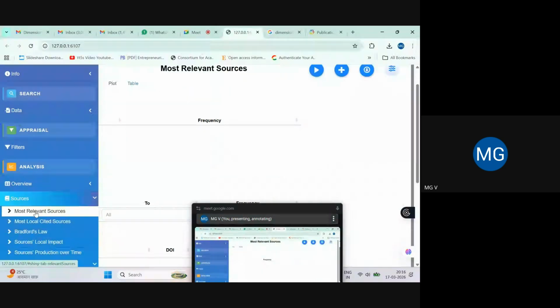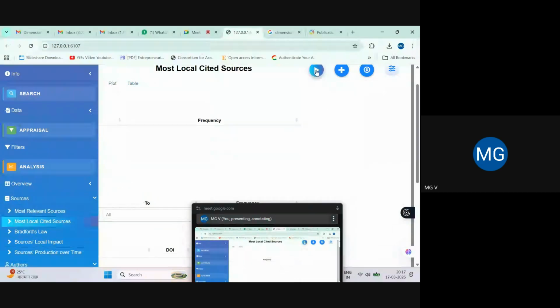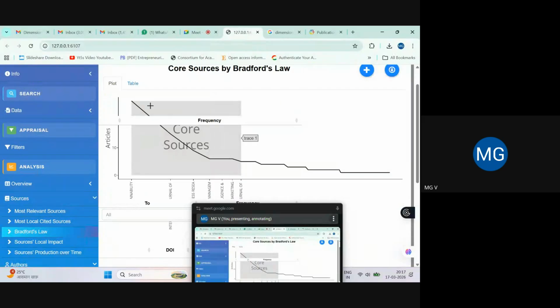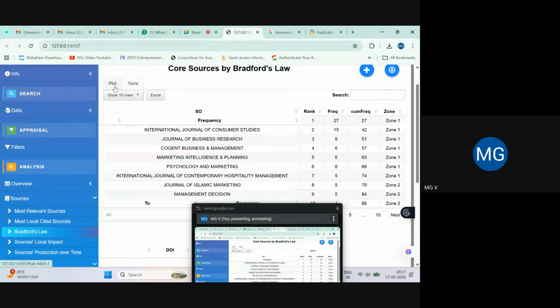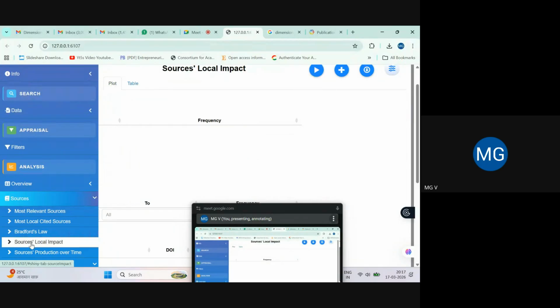Most relevant sources of information. Click play button. Right? Click tabular form. Most local cited sources. Every time you change the option, you have to click. Now see. Core sources. How effective it is. Then sources, local impact.